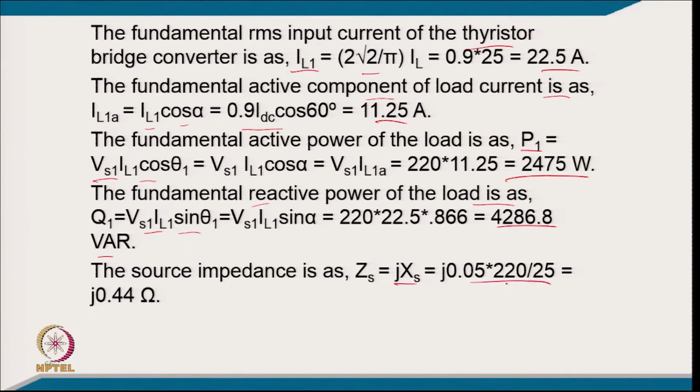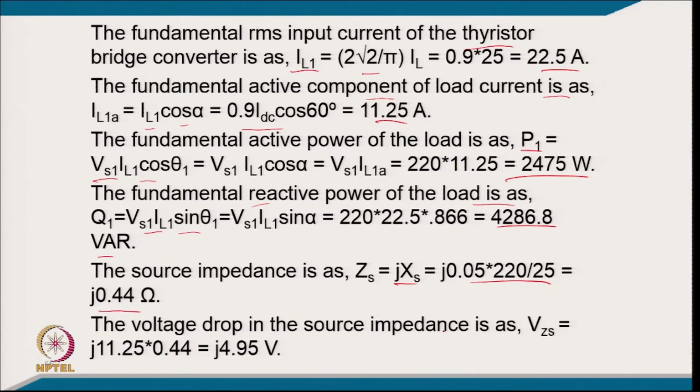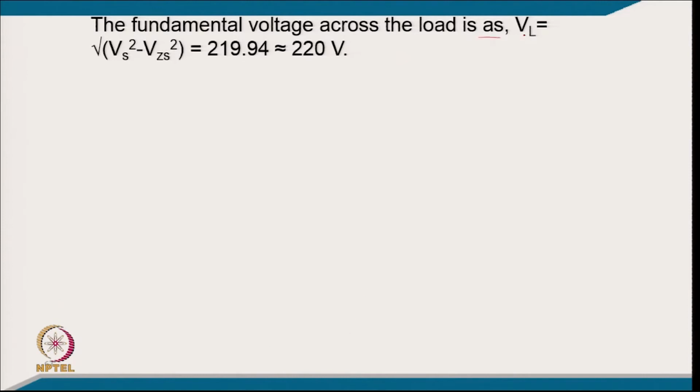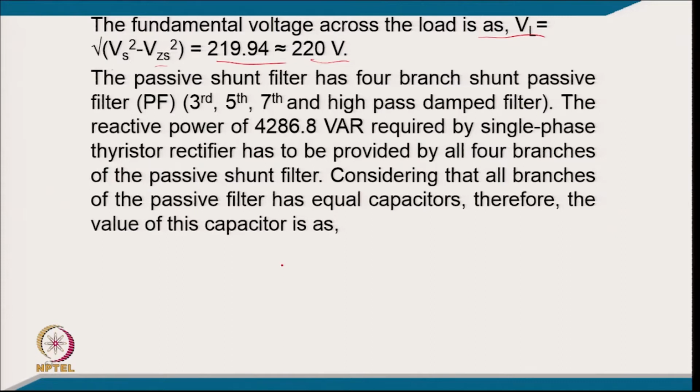So, 5% of the typical load impedance, 220 by 25, comes to 0.44 ohm, and the voltage drop across the source impedance, which is the current multiplied by the source impedance, is j4.95 volt. The fundamental voltage across the load will be VL equal to the square root of VSC squared minus VZ squared, so it comes to 219.94 volt, around 220 volt, and the passive shunt filter has a 4 branch